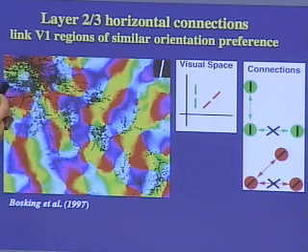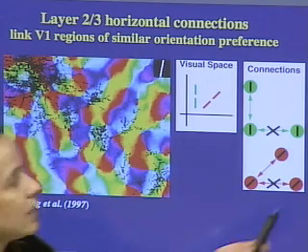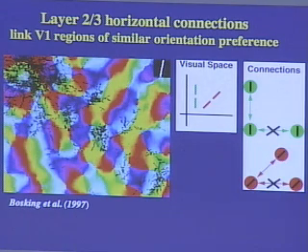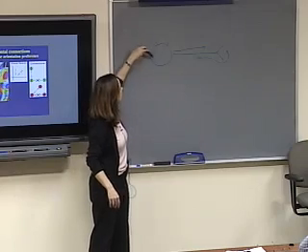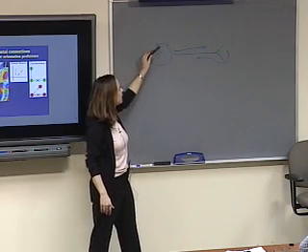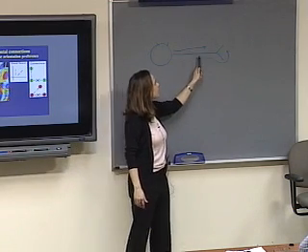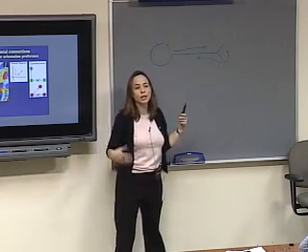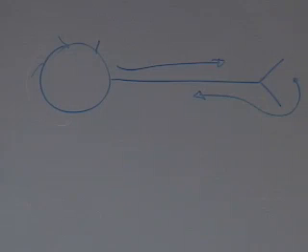Now, if you place neuronal tracers in one of these orientation domains, just to remind you how these neuronal tracers work. So this is a neuron. We inject them here at the cell body in cortex, and they are picked up by the dendrites, incorporated into the cell body, and then transported all the way down the axon. And then we can section the brain after maybe a week or so, and then we can use antibodies specific to that tracer to reveal these pathways.